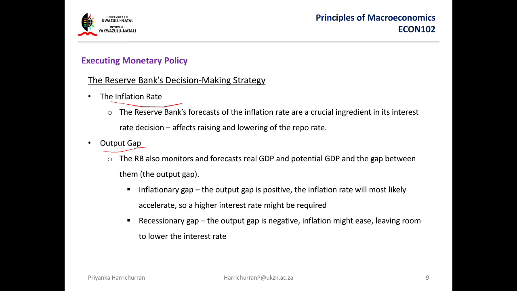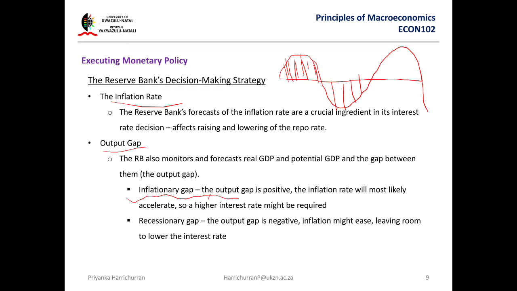Output gap. So you know how you've got real GDP and potential GDP? It goes like this. This is called the output gap. This is a positive output gap, this is a negative output gap, right? Over here it's going up, that's an expansion. When it goes down, it's a recession. This is a trough, this is a peak. The inflationary gap is this here. Inflationary gap, it's the positive. This is a recessionary gap, negative, right?